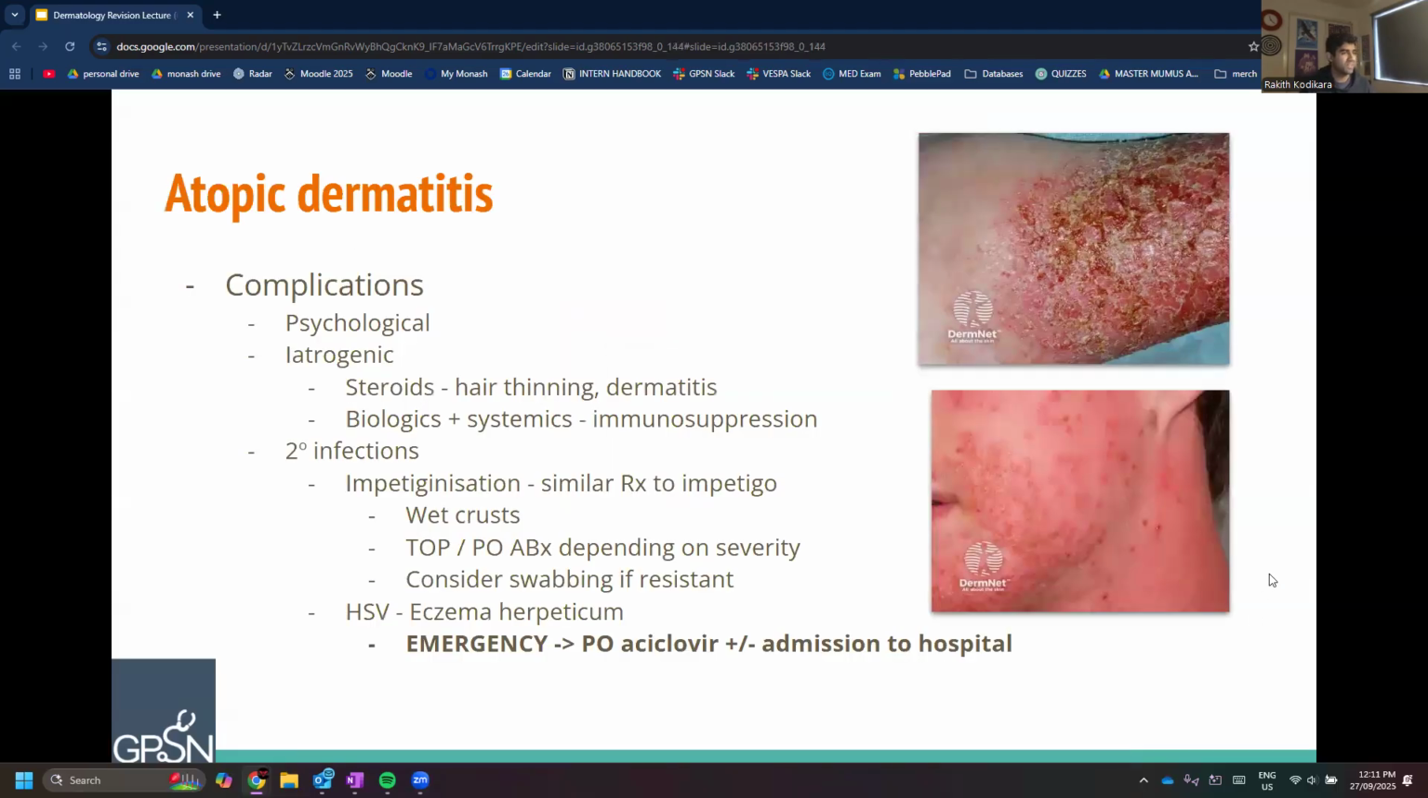Great. And then some of the complications. So psychologically, patients might be a bit concerned with the rashes themselves. So it's good to counsel them with this and reassure them that with the cream, these lesions, these rashes should improve. Again, steroids and biologics have their side effects. The systemics have that immunosuppression, so they might be a bit more susceptible to infections. And then